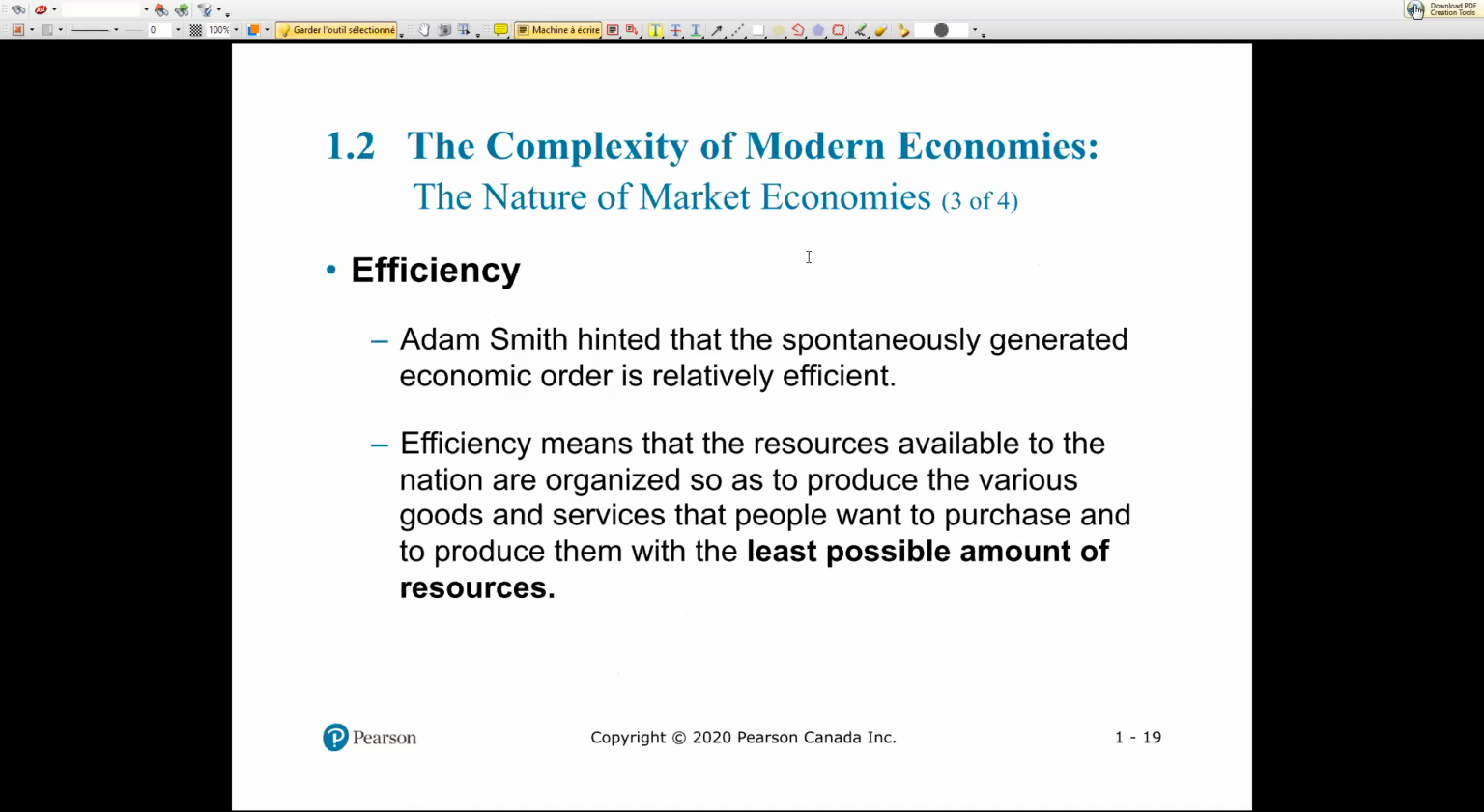Yeah, so what Adam Smith realized is that this created efficiency spontaneously. I don't have to have knowledge of everything that's going on in the country. I just allow people to do that and things are efficient. Efficient, yes. As long as there are no